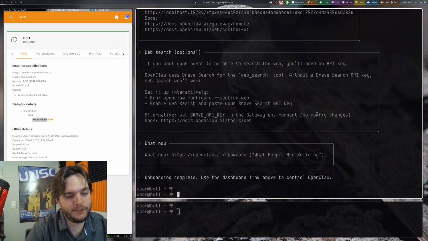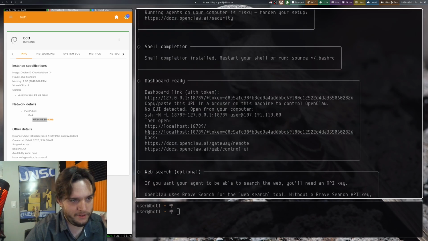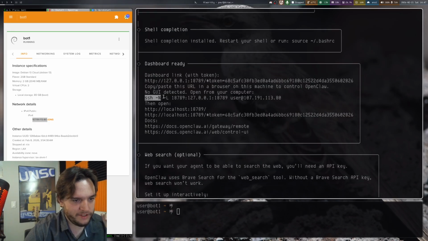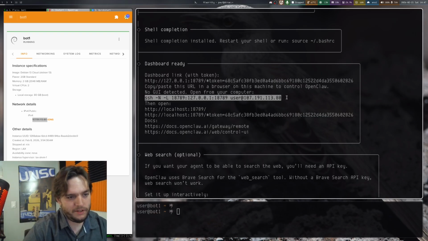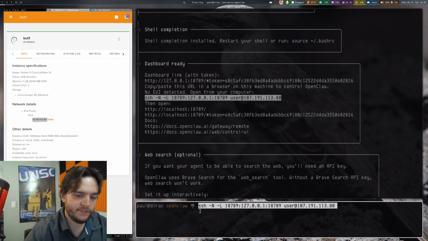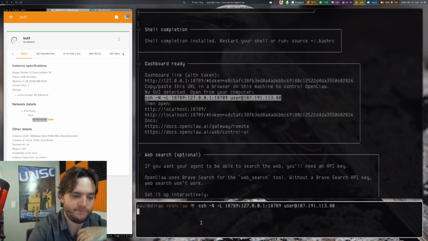So the potential issue you're going to have now is if you want to use the web user interface to talk to Openclaw, it's running on our VPS, but from our home browser, we can't access that without doing some kind of forwarding. Does it give the command? Somewhere, okay, so here's the command. So I'm going to run this SSH command on my home machine, which it gives to basically tunnel the dashboard